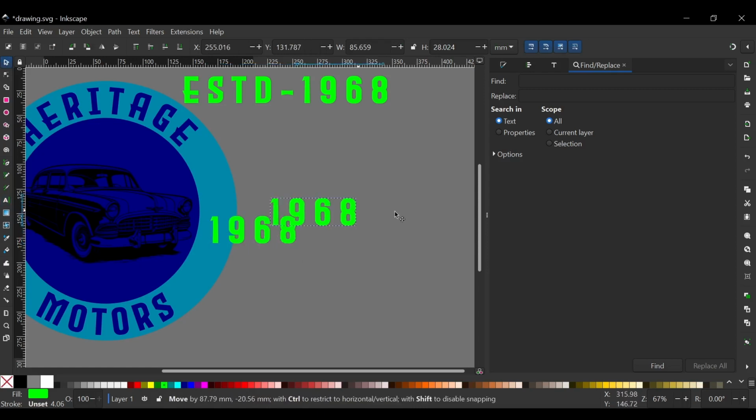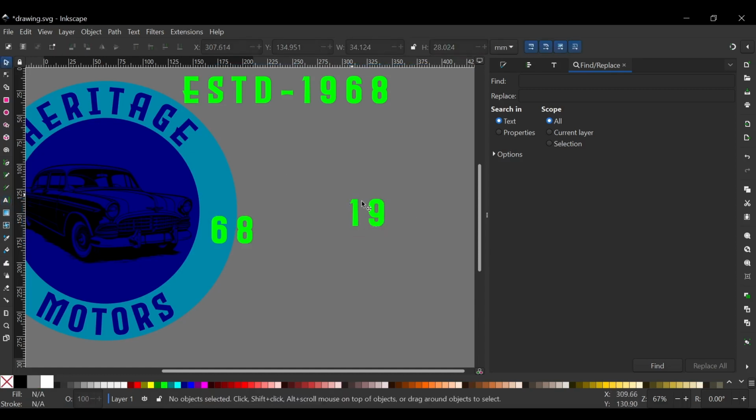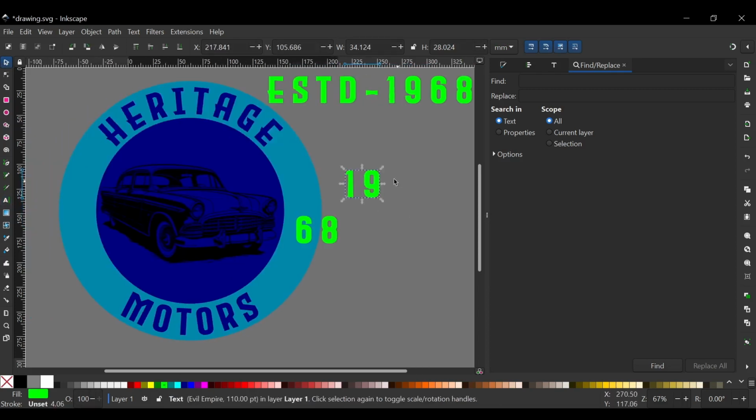And then I'll duplicate that, bring that over here. I'll double click right there. I'll remove the 1, 9, and double click right there. And I will remove the 6 and the 8. Keep that object right. I'll take that object, then I will bring that right here. Actually, before I even do that,